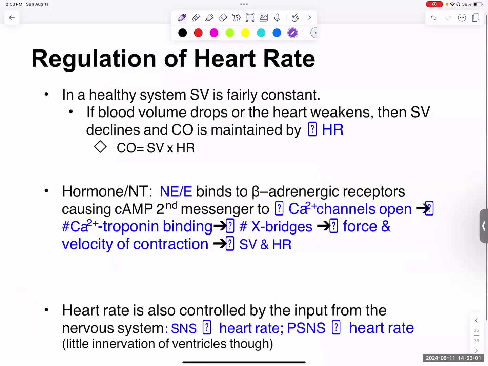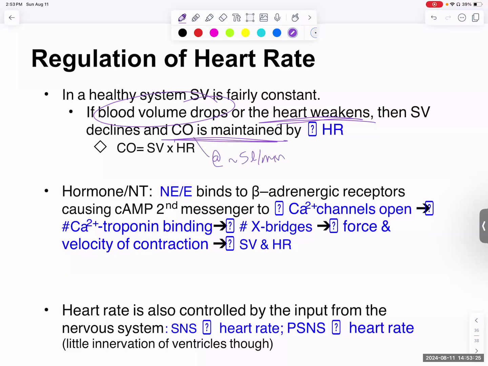Regulation of heart rate in a healthy person, it's consistent, but if the blood volume drops, like you're bleeding out or your heart gets weak, you've had myocardial infarctions and heart muscle cells have died, that's going to affect stroke volume. Stroke volume declines. In order to maintain cardiac output at around 5 liters per minute, the heart rate has to increase to make up for a lower stroke volume to keep CO the same. And so that's why you see heart rates increase with high blood pressure and lack of exercise and heart attacks,